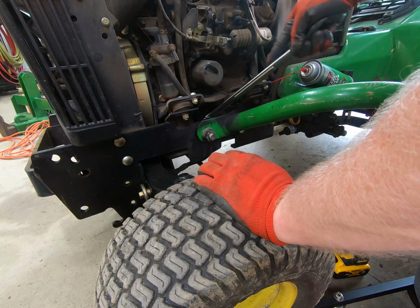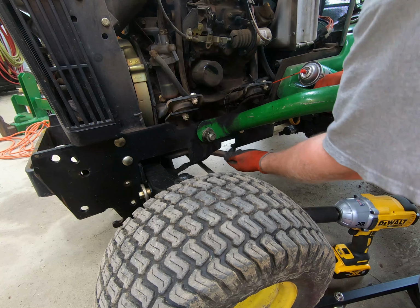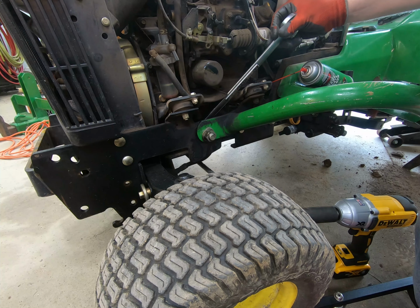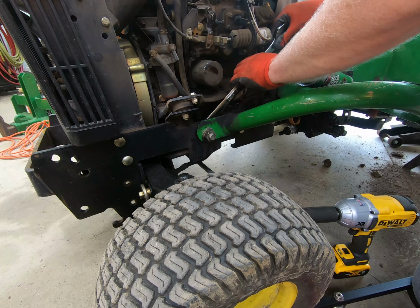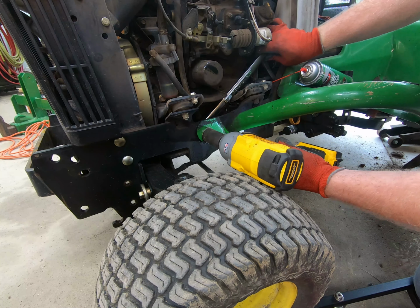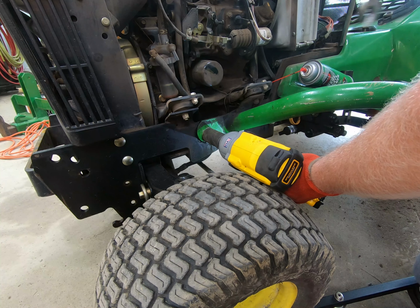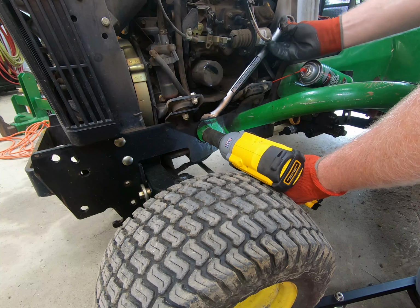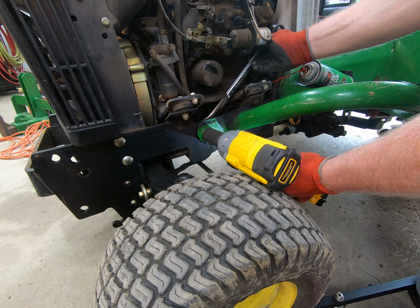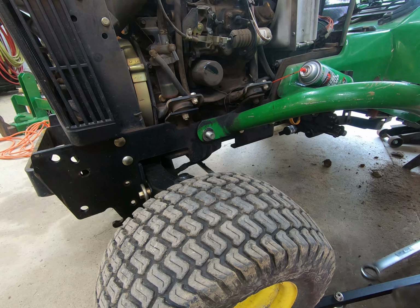Alright, see if this will hold it in here, or fit even. I can tell you flat out that these mounts are some kind of weird in terms of fit. Just not good, they're not easy to work with, put it that way. I mean, once you get it off, it's not bad, but